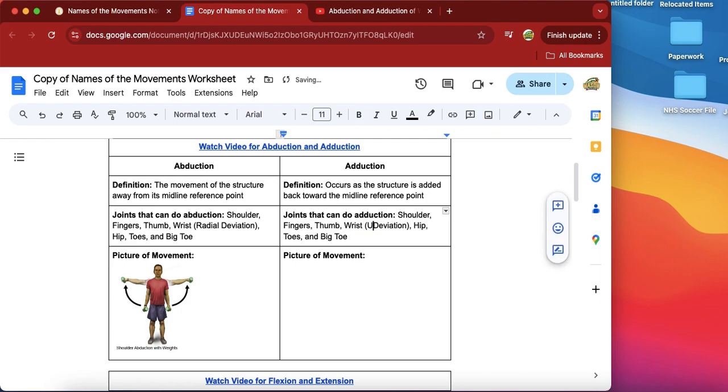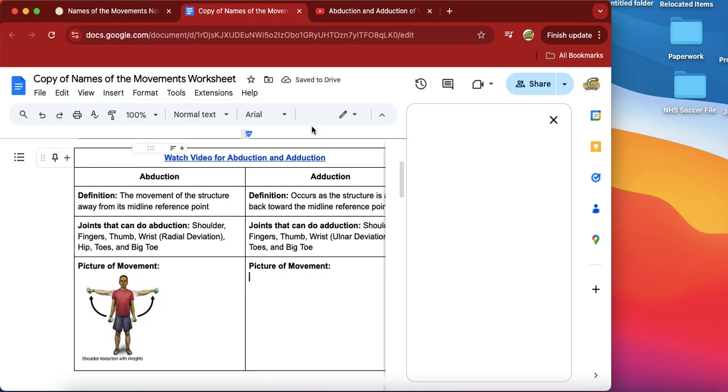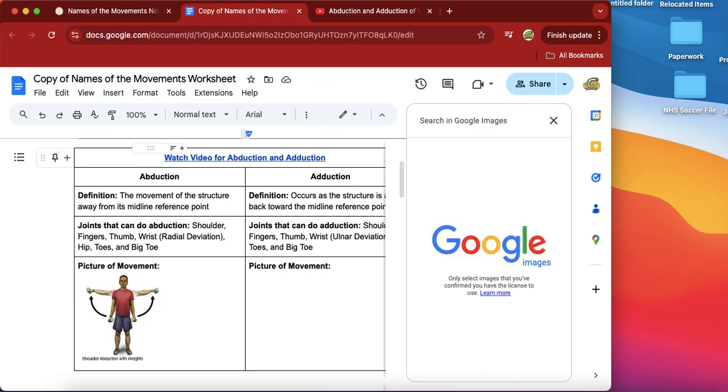However, I do need to change this to ulnar deviation because that is what the video says. But I can put this into this, and the last thing I would need to do is find a picture of the movement, and this is going to be a little bit more difficult than you would think, because if I go to Insert and then go to Image and then search the web, if I type in shoulder